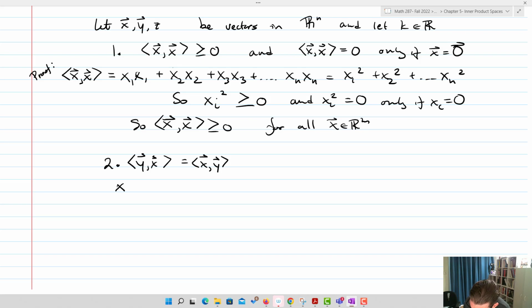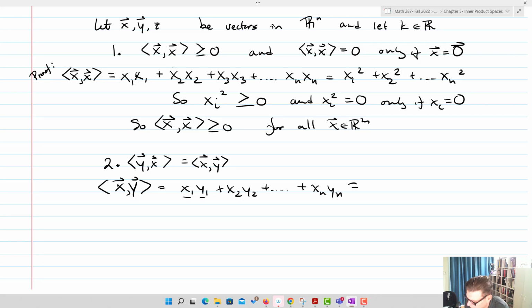And so, for example, if I write x dotted with y, that's going to equal x1 y1 plus x2 y2 plus, and then we just go all the way down, plus xn yn. These are not vectors. Since x1 and y1 all the way down to xn and yn are just real numbers, you can commute their multiplication. That's not a problem for us. So this is actually going to end up equaling